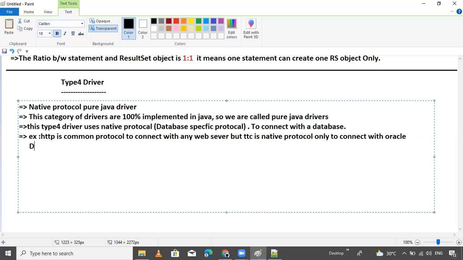Oracle database. This is the point about protocol.